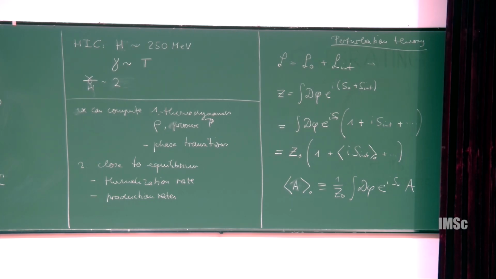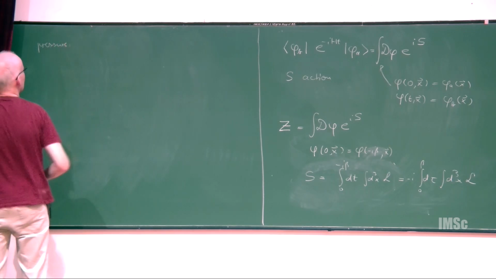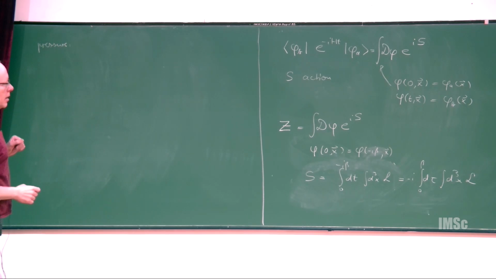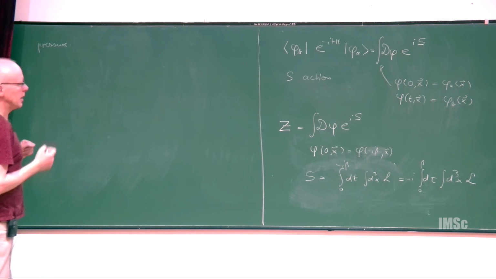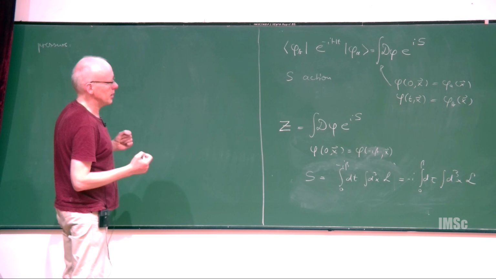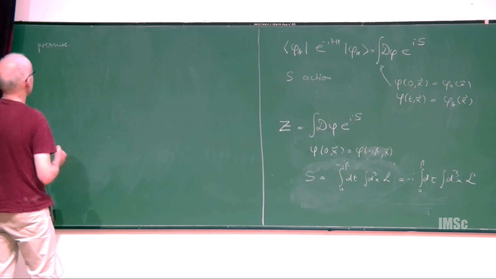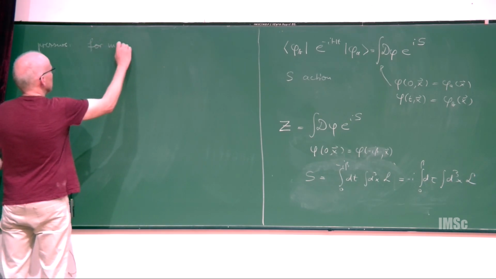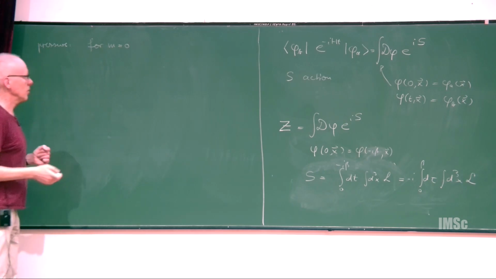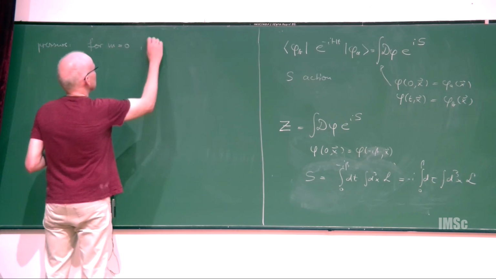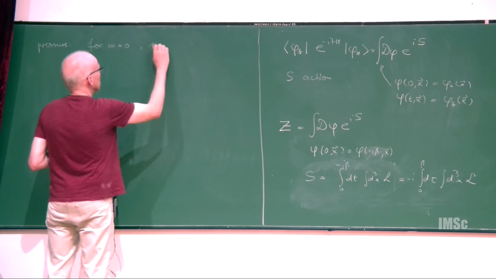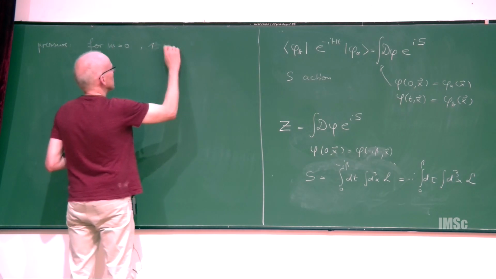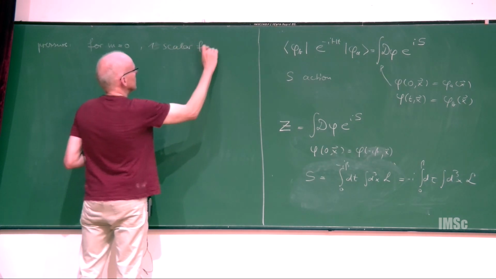I don't want to talk about it. I just warn you not to do it. So if we apply this to the pressure, we should better just use what we have learned about an ideal gas, about Bose statistics and so on. And for massless particles, let's say one scalar field, or one bosonic degree of freedom,